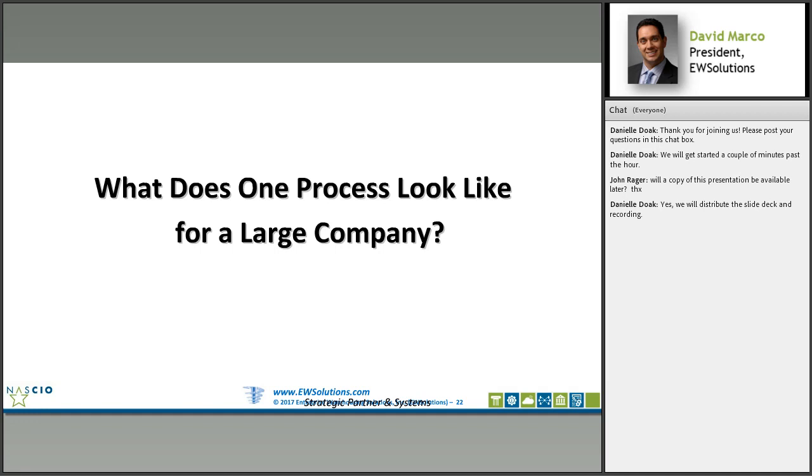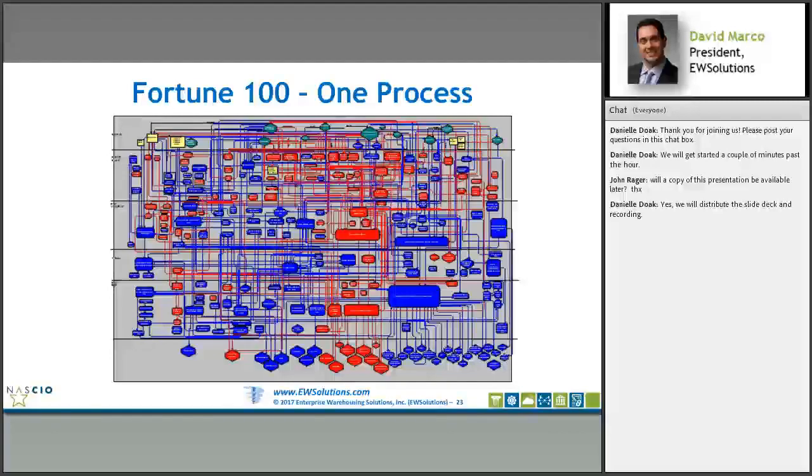Before we get into fully technical metadata, I want to first describe what our systems look like. The next slide is actually pulled from an organization we work with. A huge organization, Fortune 14 at the time. This is one process. This is what customer looks like for this organization. As you can see, it would be impossible to understand all of the places where customer goes within an organization